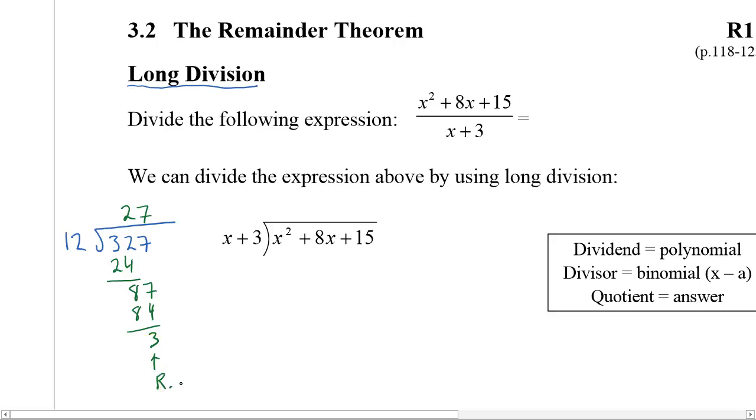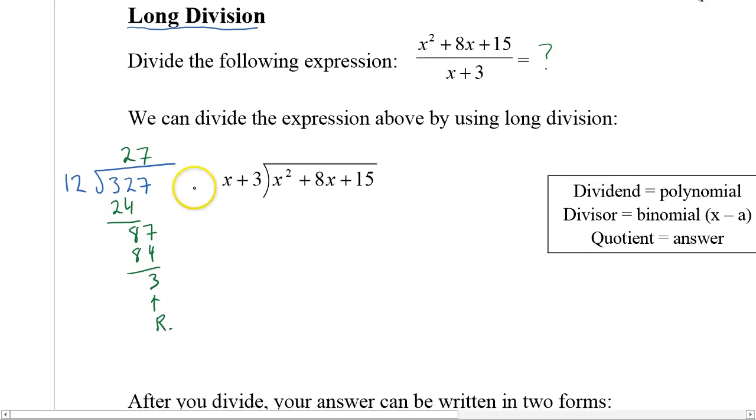Okay, so let's take a look at our first question. It says divide the following expression. X squared plus 8x plus 15 divided by x plus 3 is equal to, well, we've got to figure out how to do that. One way we can do this is by using a long division that's very similar to that. Just like how 12 couldn't go into 3, x plus 3 doesn't go nicely into x squared here because there's only one term. Because this is a binomial into a polynomial,